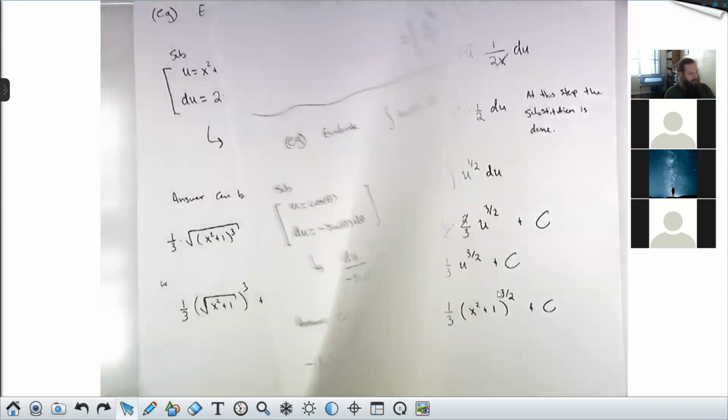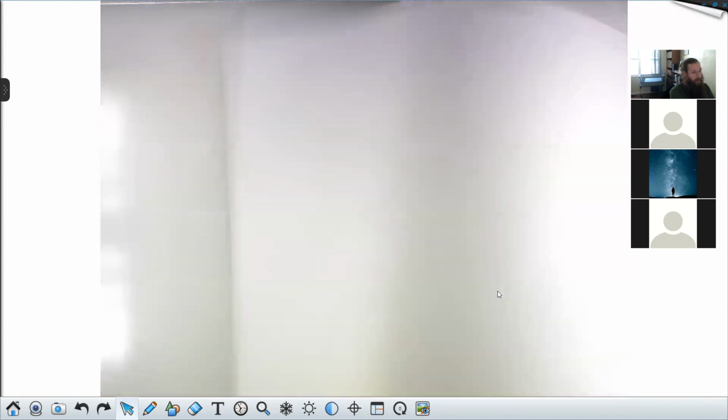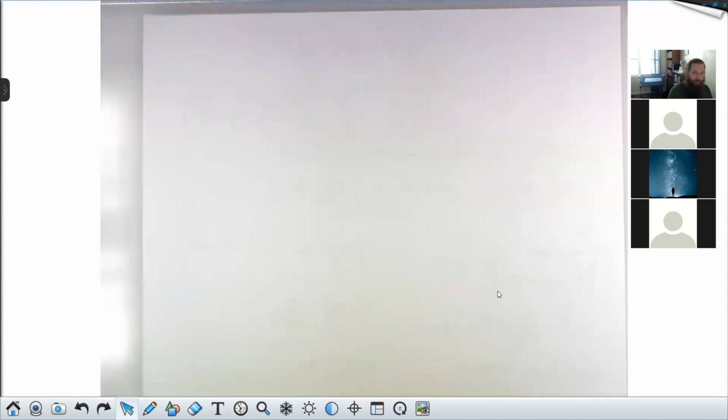So let's talk about this. How do we integrate secant? In general, integrating odd powers of the secant function is hard. Integrating even powers of secant is not too bad, right? Like the integral of secant squared, we know that. That's just tangent. That's easy. But the integral of secant without the square,